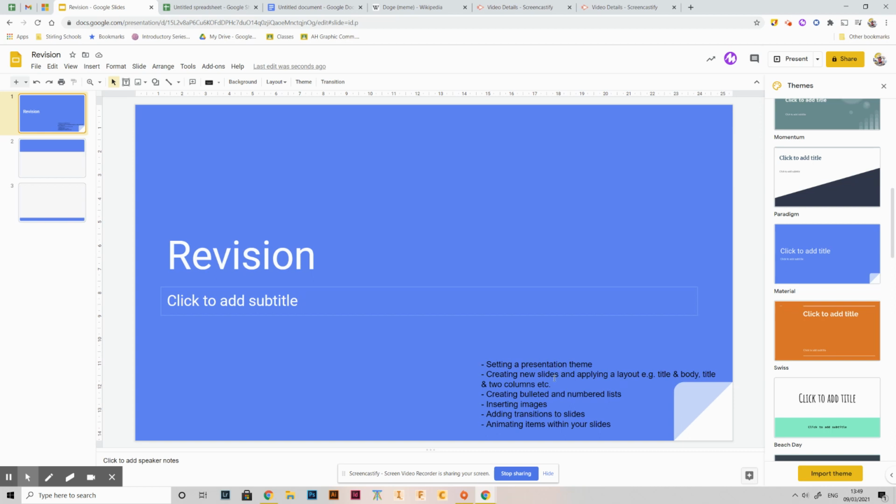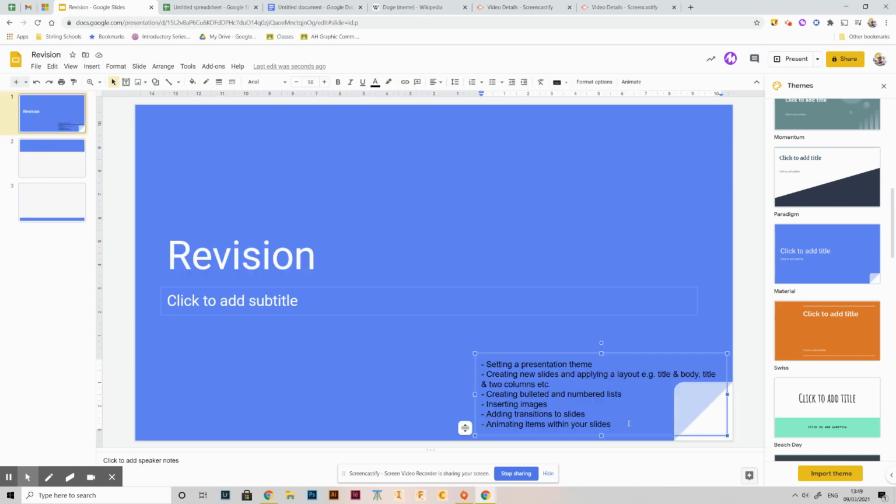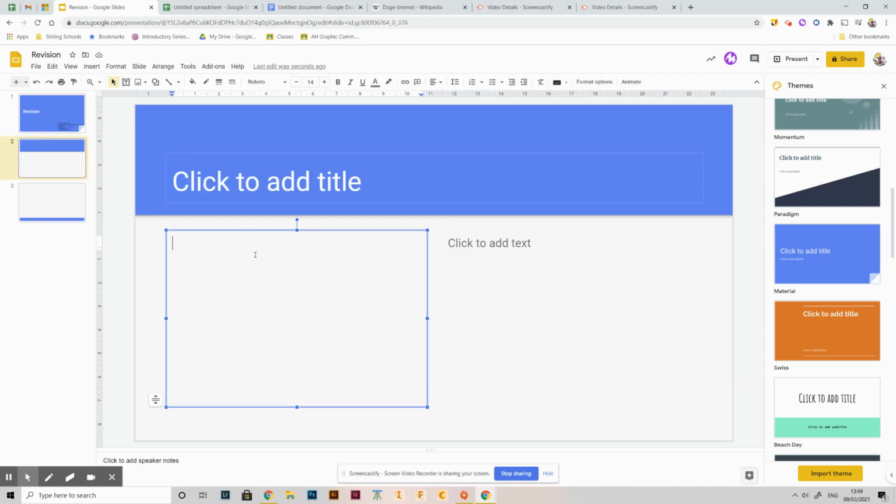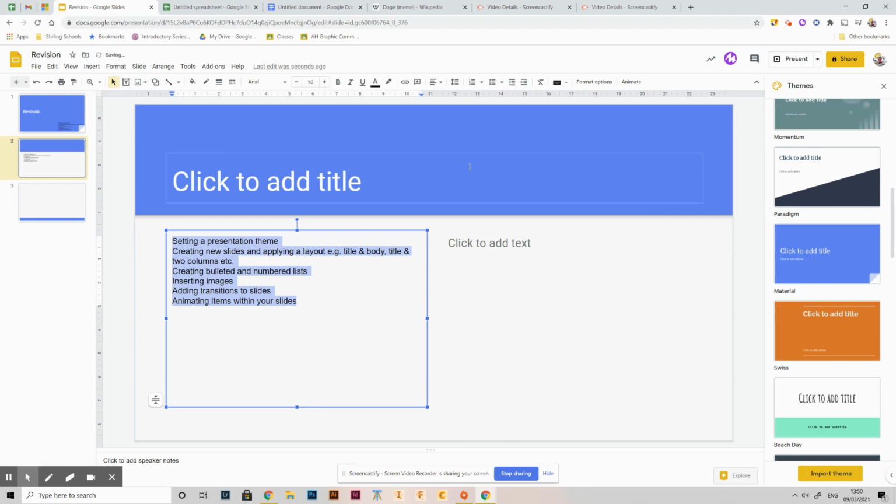So we've done setting our theme, creating the slides and applying layouts. We've also got to do a couple of other things like creating bulleted numbered lists. So in here, what I'm going to do is I'm simply going to copy this bit of text here, because it's on several lines. It's like a list, really. And I'm just going to quickly delete these wee hyphens, which will make it look a bit weird when we add bullet points. And if we highlight all that information,